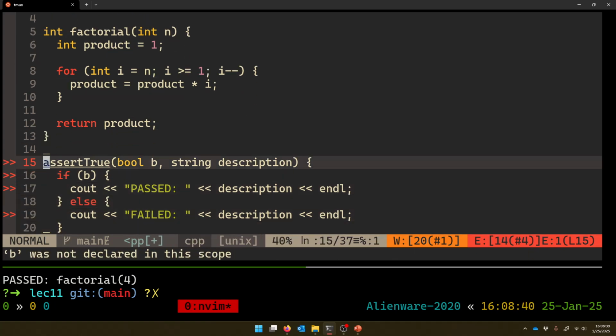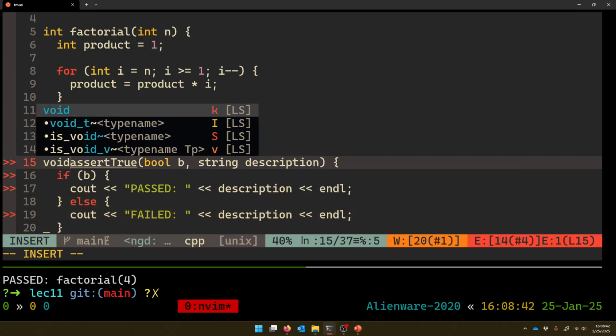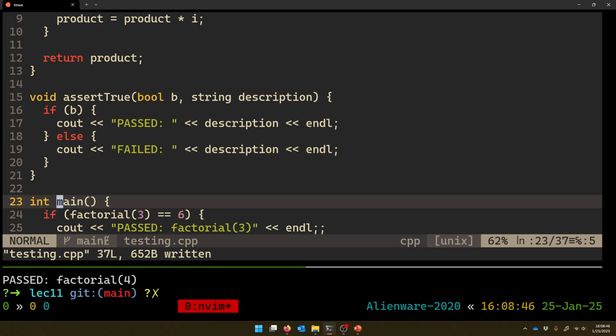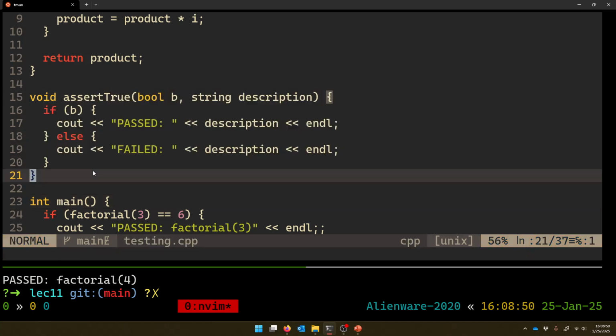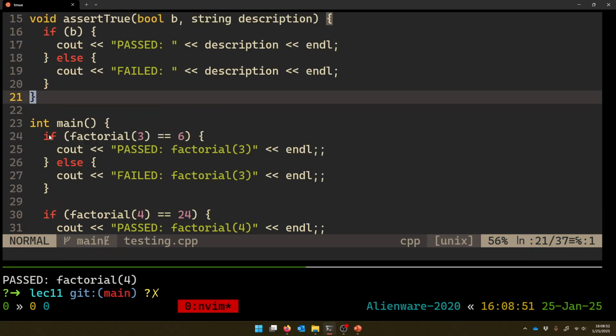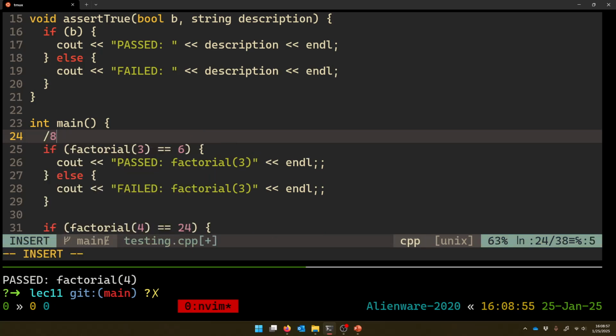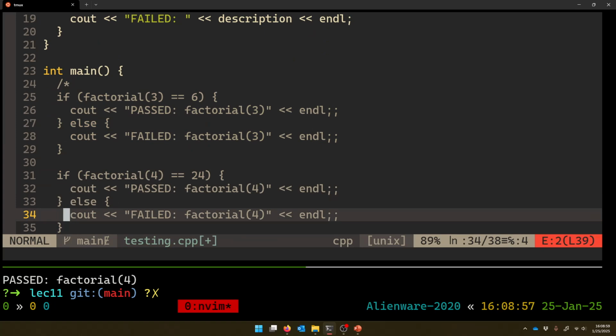Whee! And then I guess it does nothing. It doesn't return anything, right? It just prints passed or failed. So it's going to be a void function. That's what assert true is. And so now, this is what is commonly used in industry when you're doing your unit tests. So instead of doing it like this, let's change our tests to work in the new style using assert true